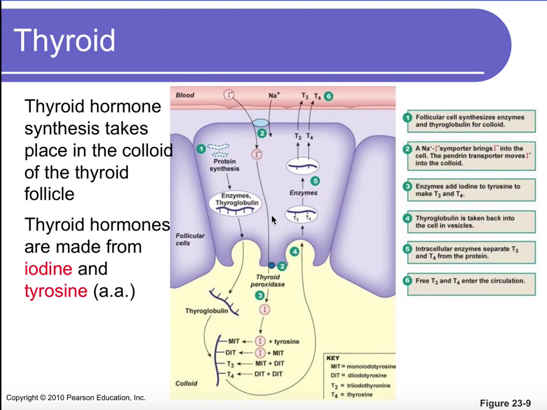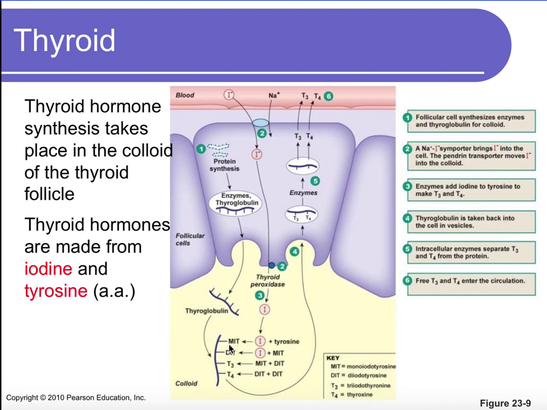And within the follicular cell, we will produce certain proteins and enzymes that are necessary to make thyroid hormone. And all of it will go into the colloid, and the enzymes are going to do their thing, and it's going to create thyroid hormone. So to do that, we will first create MIT. So the M stands for mono, which means one, I for iodo, T for tyrosine. So we're going to attach one iodine to tyrosine. That gives us our monoiodotyrosine.